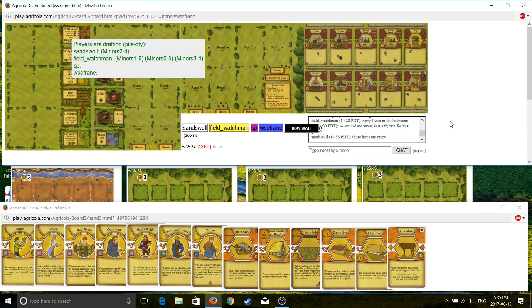So I want to read Stone Food as much as I can in the early game. I want to play Conservator and Storehouse Keeper. I want to get 3 wood and then play Stone Cart. And if I could play Stone Cart by round 3, I would be quite